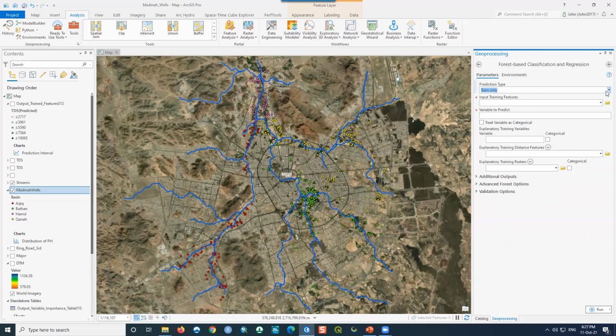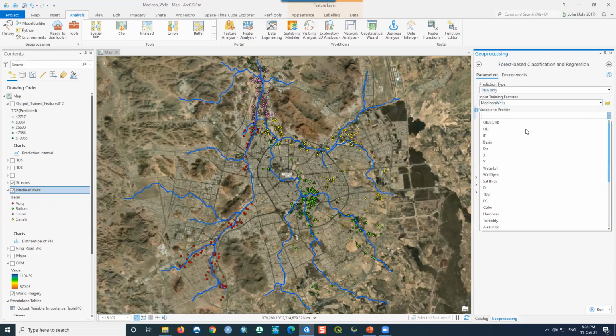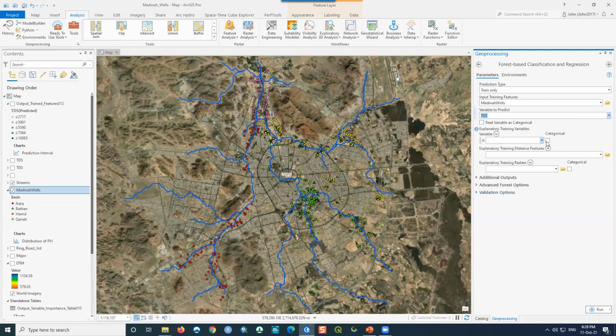First, specify whether you want to train the model or predict. Let's say we want to train the model, then specify our feature layer, let's say the wells, and then select the field or the attribute, let's say TDS, and then specify the independent variables in the table here.